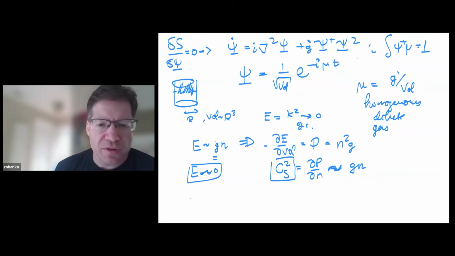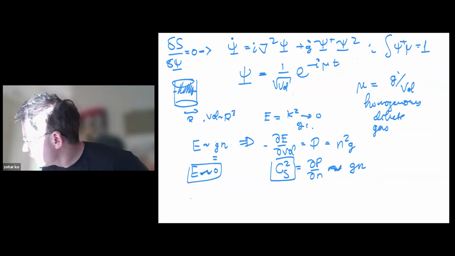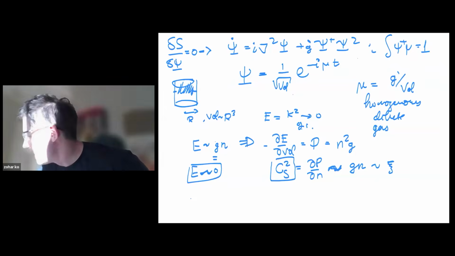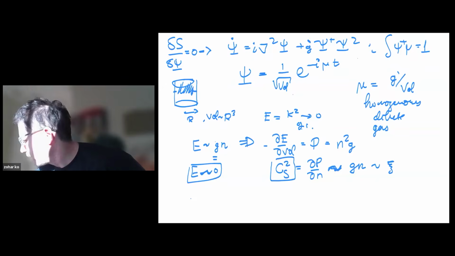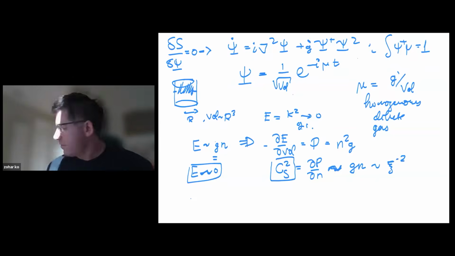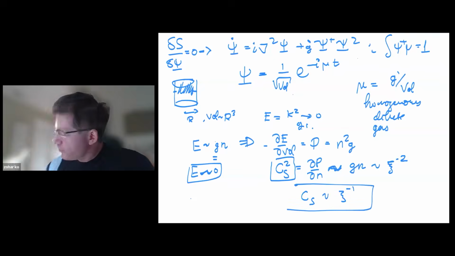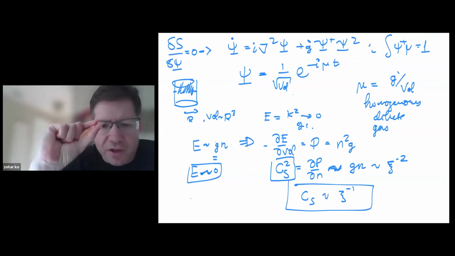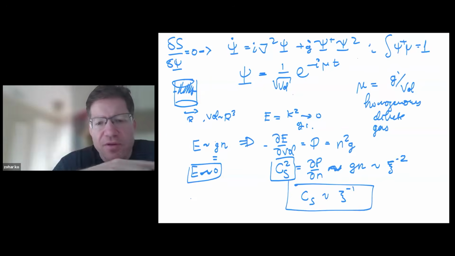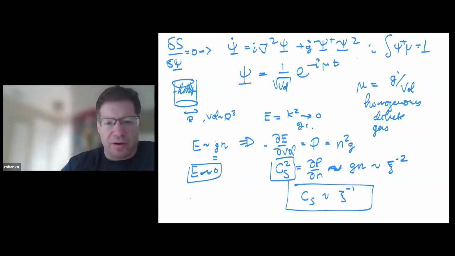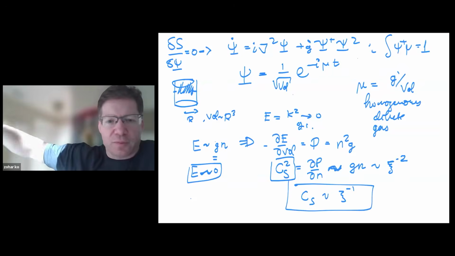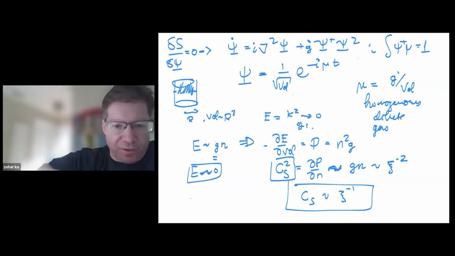Remember that G was proportional to the interaction range. So therefore, this is the same as ξ to some power, which is -2, I believe. So therefore, we obtain that the speed of sound is the inverse healing length. So we see that the fact that we added this tiny interaction created sound in the system. Sound means that there is a collective behavior. You can shake one particle and the sound will propagate throughout the ground state, throughout the excitations of the ground state, which we'll discuss now.